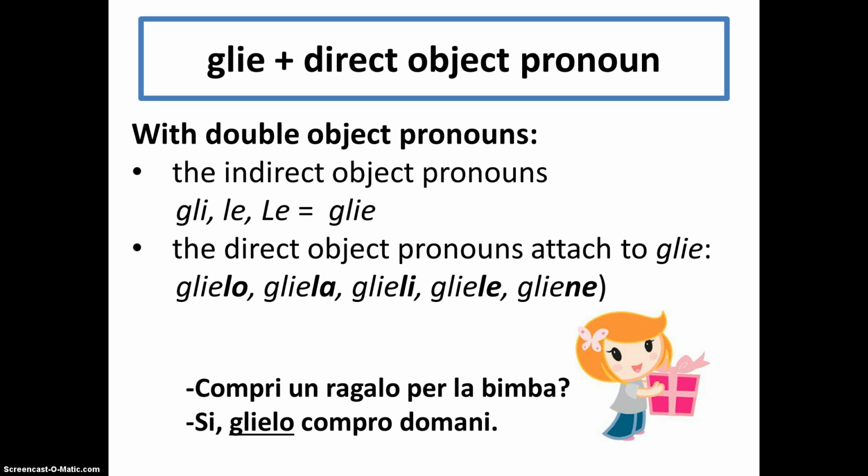Compri un regalo per la bimba? Sì, glielo compro domani. In this example, the direct object la bimba is replaced by glie, and the direct object